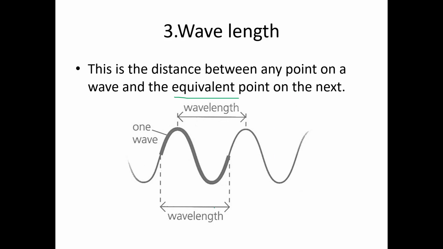For example, if we take this point, where will the equivalent point be? The equivalent point will be here. What do you mean by equivalent point? Same point in another place. So the distance between these two points, sorry, we call it